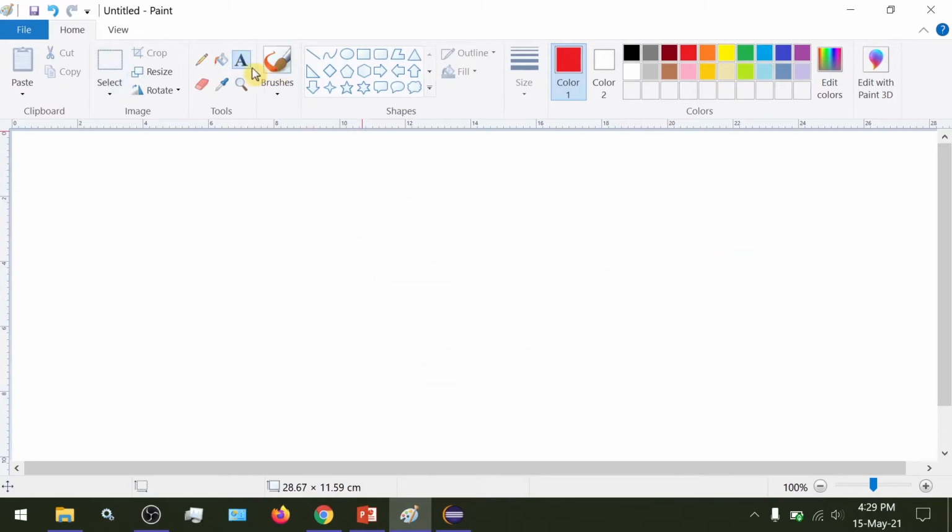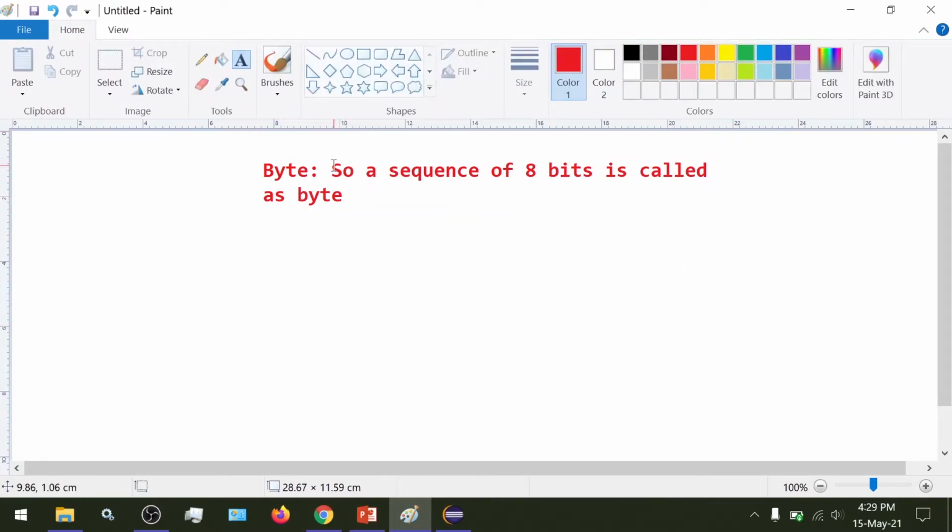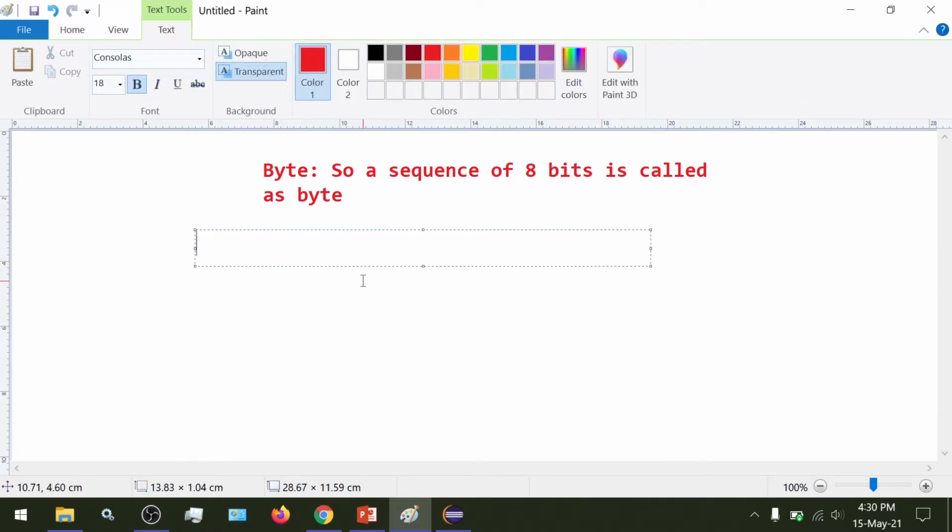And now let us look at byte. A sequence of 8 bits is called a byte. An example of a byte could be any 8 bits.